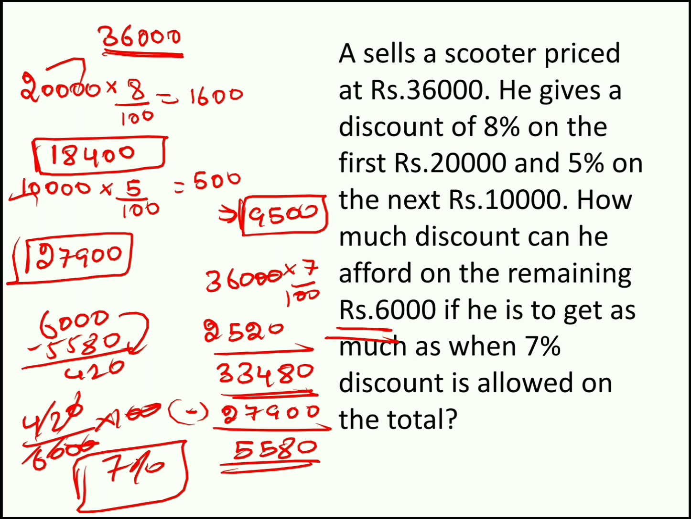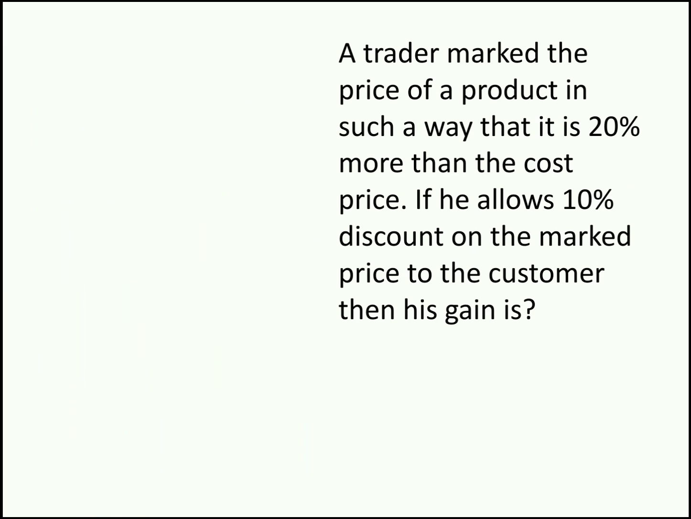Now let's have our next question. A trader marked the price of a product in such a way that it is 20% more than the cost price. If he allows 10% discount on the market price to the customer, then his gain is dash. The concept is very simple. Let the cost price be 100 rupees. He is marking 20% more than the cost price. So 20% more than cost price is nothing but market price. So 20% more than 100 is